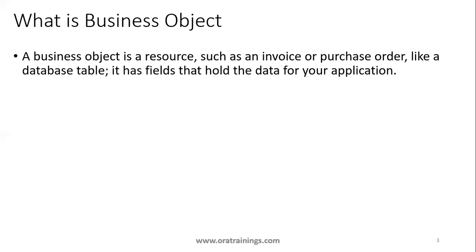Of course, there are many variations of applications you can design, but at a high level, a business object within the concept of VBCS is what we use for storing data. There is also a limitation on the data size: if you have a VBCS service and you store data using your VBCS application in business objects, the maximum data size it supports is only 5 GB. I mean to say, if you have 100 tables, those 100 tables can store a maximum total of only 5 GB of data, nothing more than that.